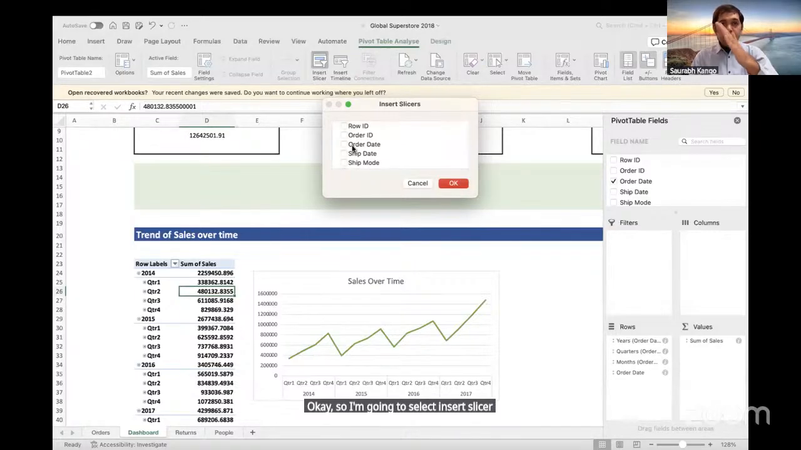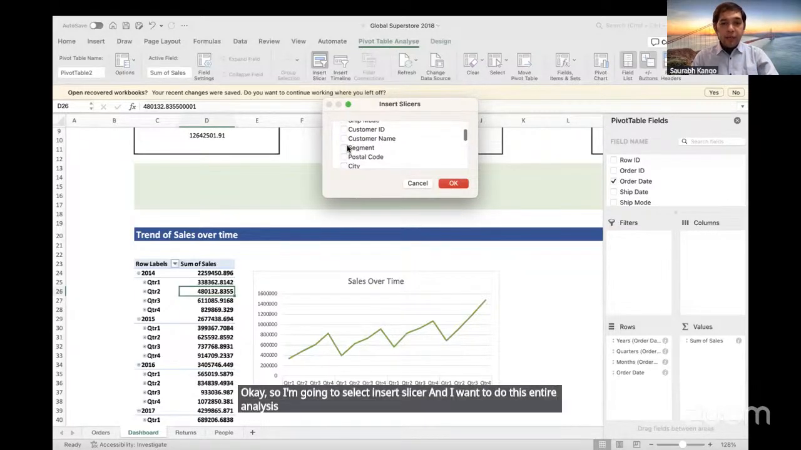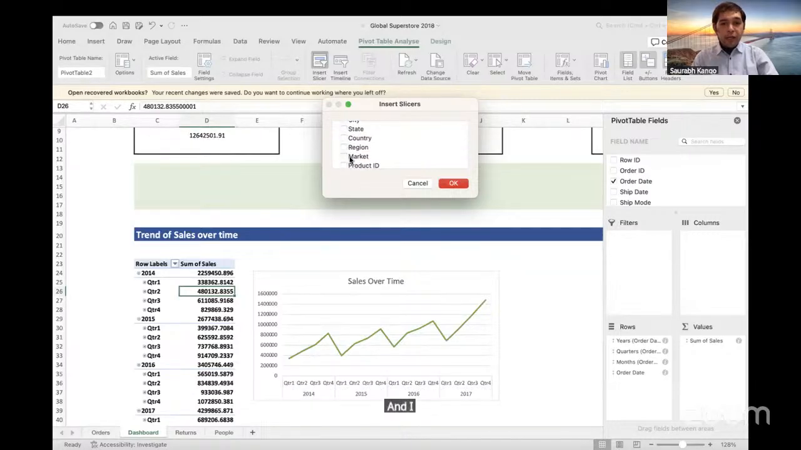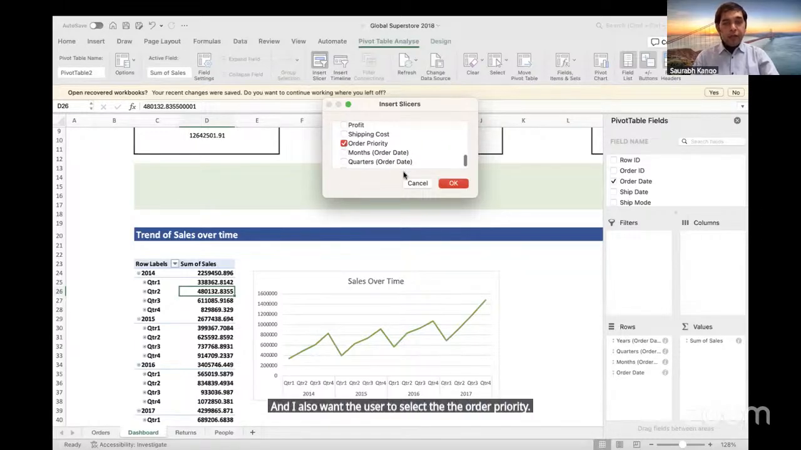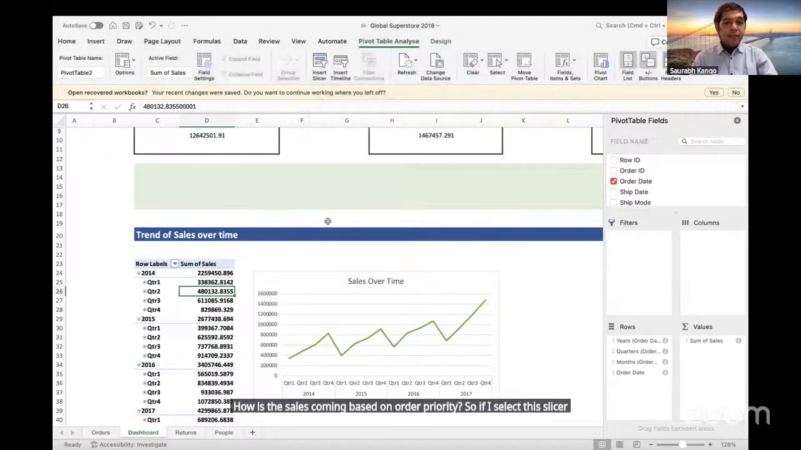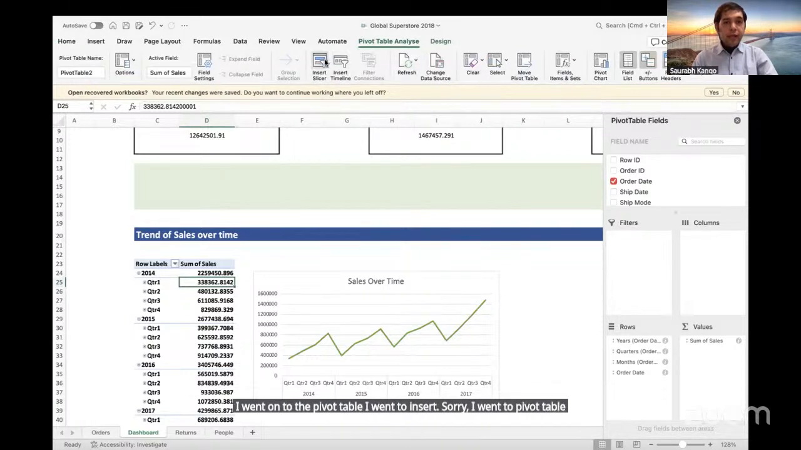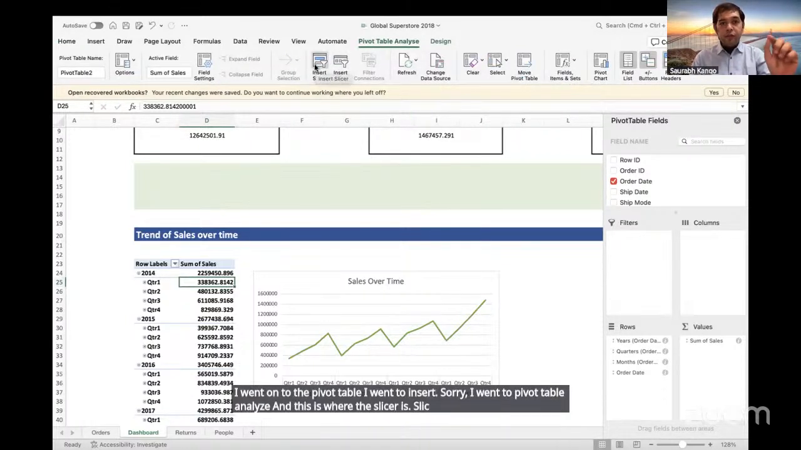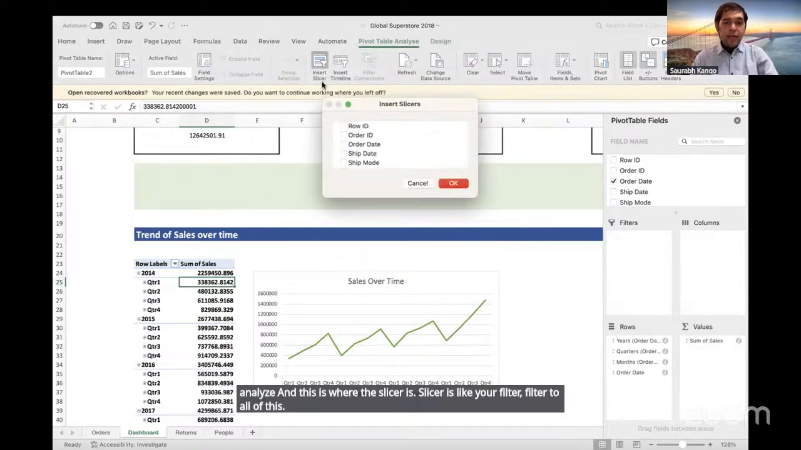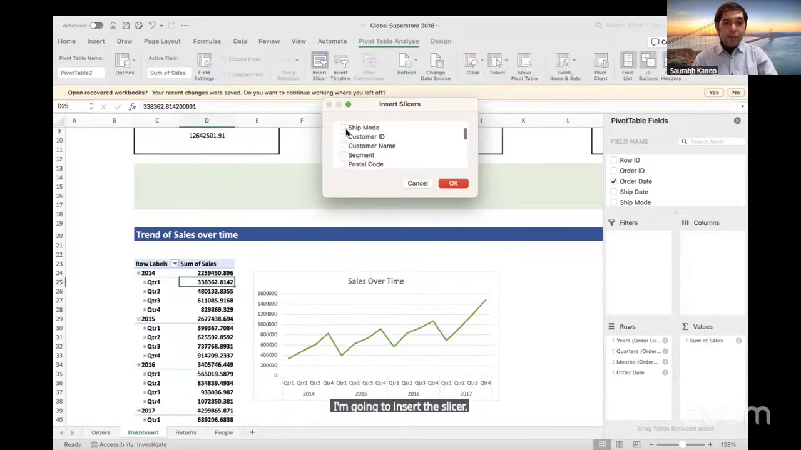And I want to do this entire analysis by customer segment because that's really important. And I also want the user to select the order priority. How is the sales coming based on order priority? So if I select this slicer, how did I get the slicer? I went onto the pivot table. Sorry, I went to pivot table analyze. And this is where the slicer is. Slicer is like your filter to all of this. So I'm going to insert the slicer and I'm going to select, say, ship mode, segment, and the order priority